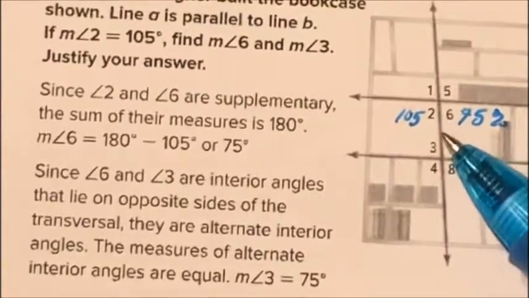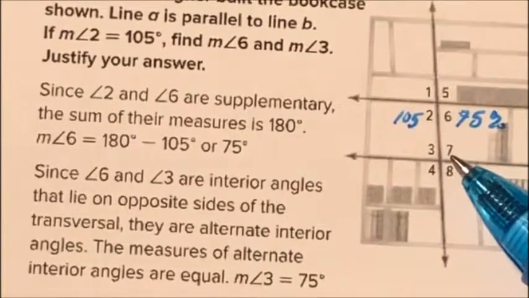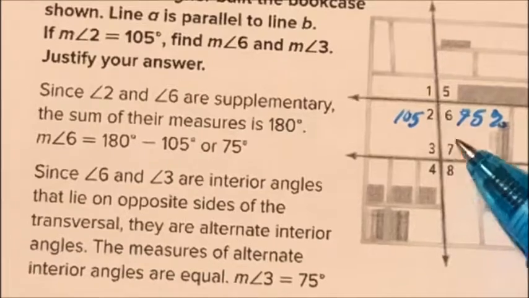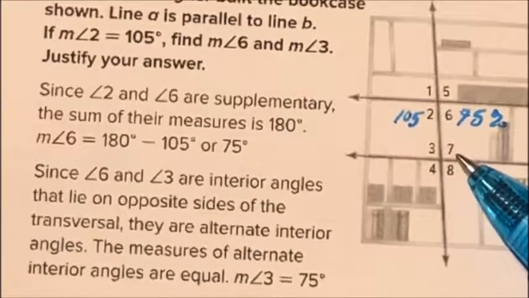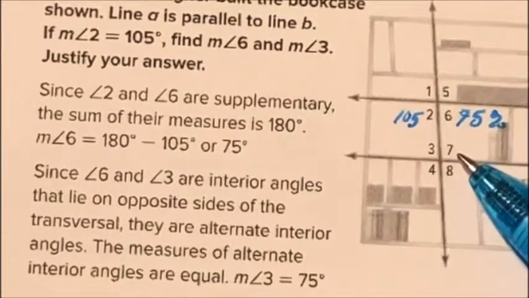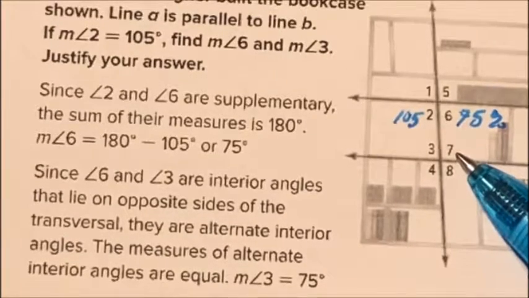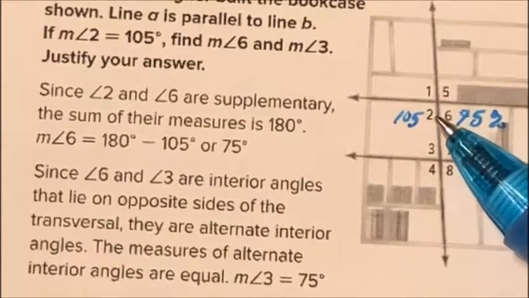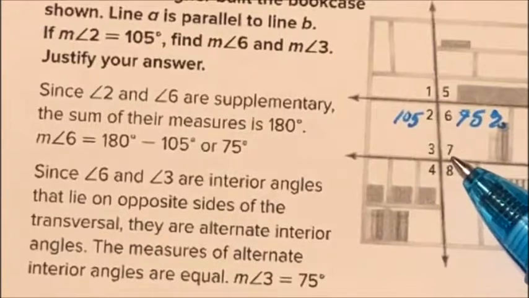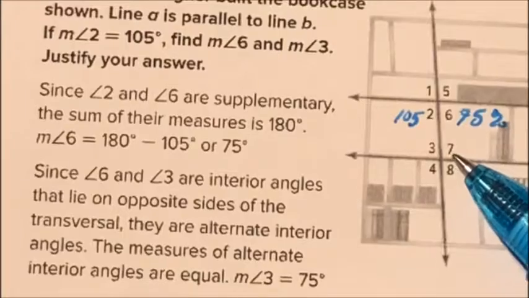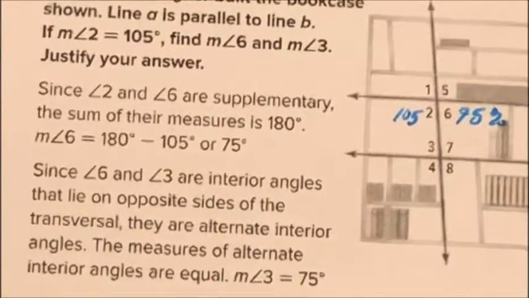So, since 2 and 7 are alternate interior angles, and we know that alternate interior angles are equal to one another, what is the measure of angle 7? That's right, it's 105 degrees, because 2 and 7 are equal to each other since they're alternate interior angles. All right,